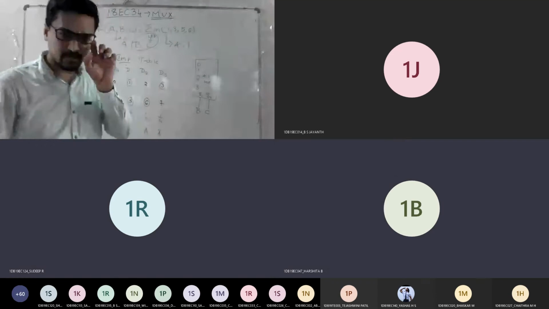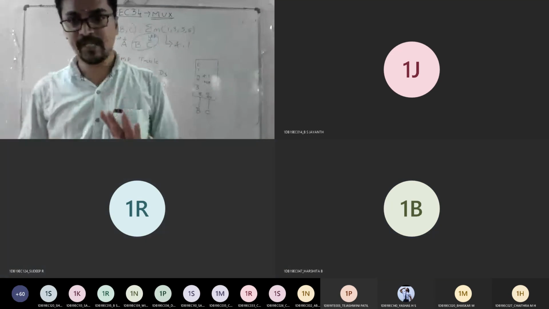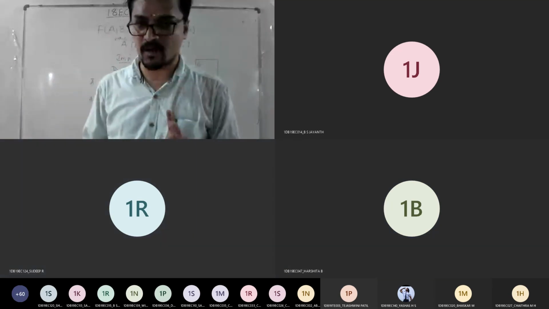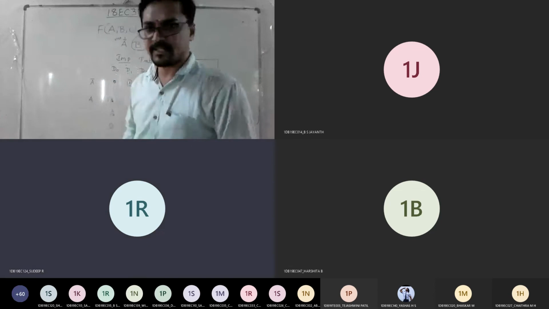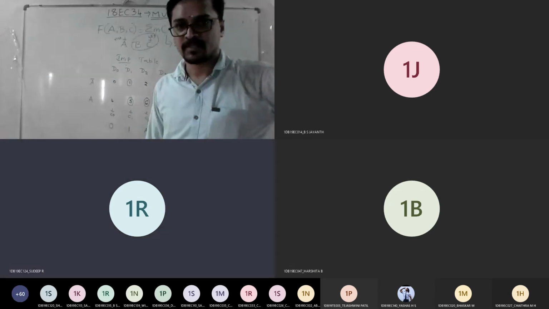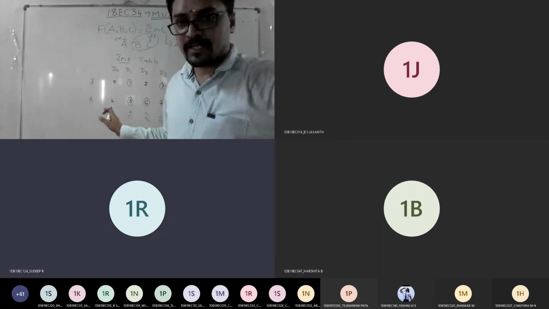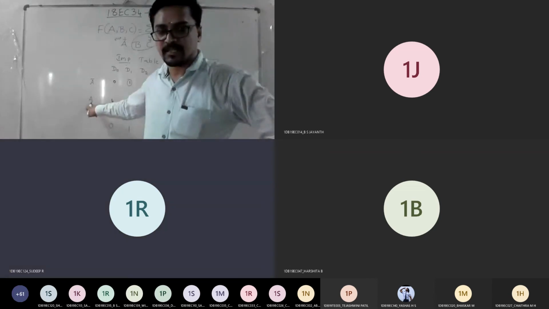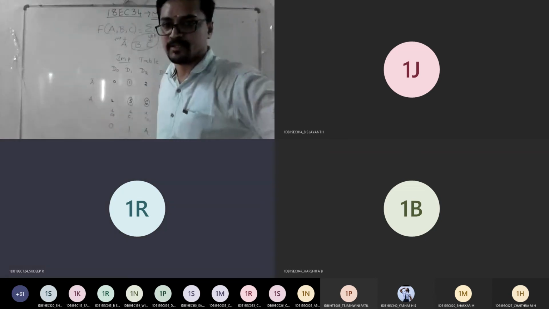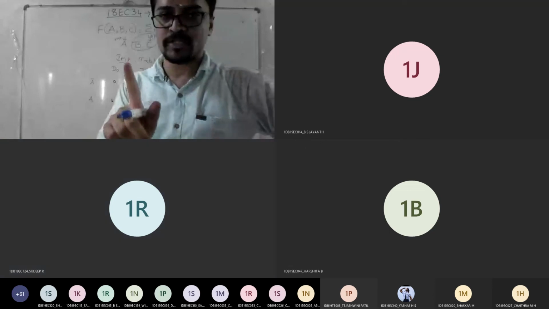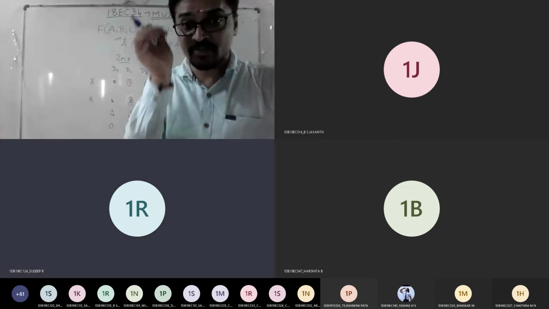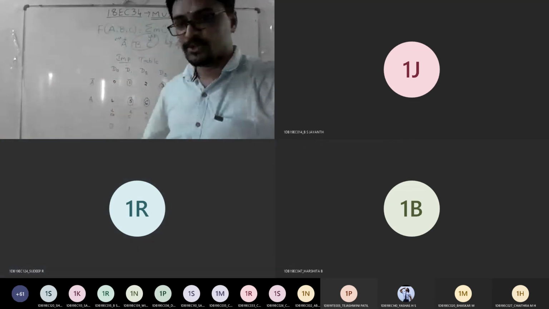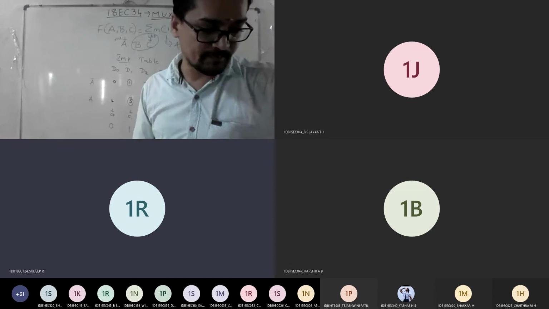In general, in any column, if both numbers are not circled, designate that with 0. If any one is circled, the corresponding input should be written. If both are circled, 1 should be written. So this much awareness is what you need to build an implementation table.